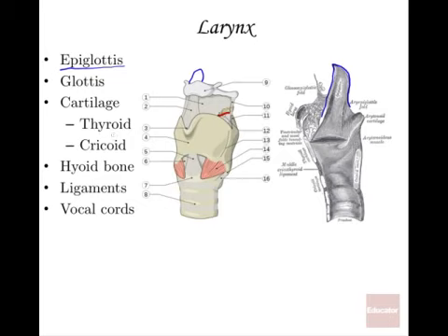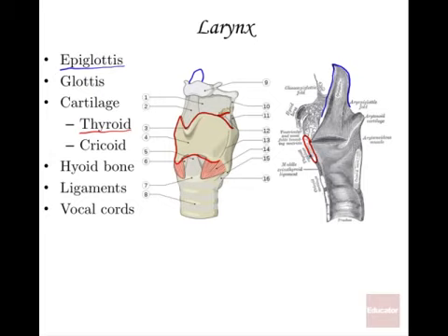I'm going to do that in red. So here is the thyroid cartilage. And from that side view, if you were to take a cross section through it, we're seeing part of the thyroid cartilage right here. So that is that typical looking Adam's apple that everyone has, not just men. People say, oh, a man has an Adam's apple and a woman typically doesn't.